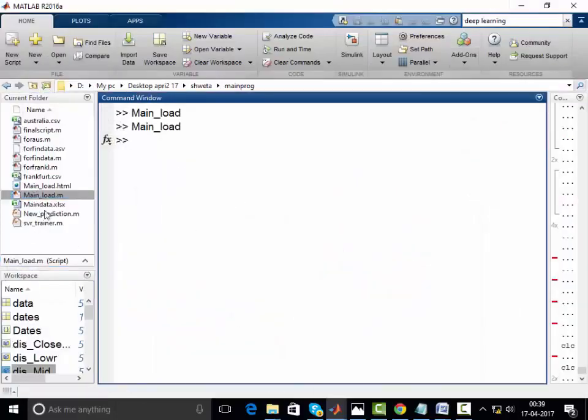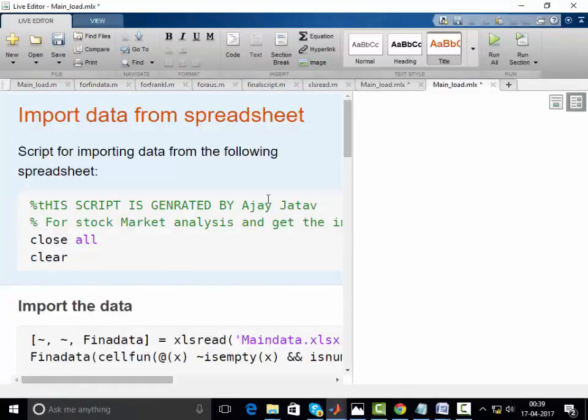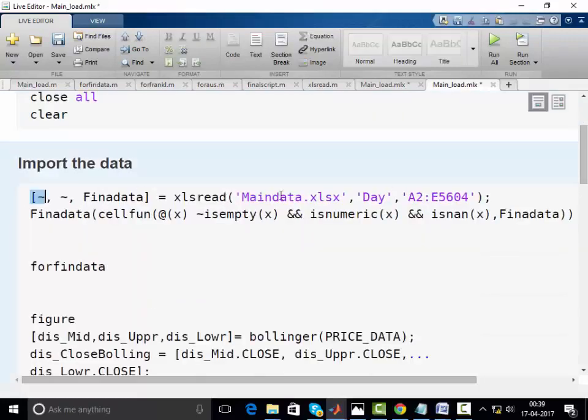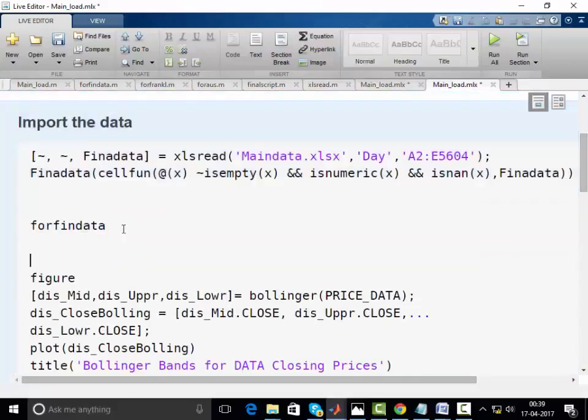Let me open my script. First you need to load the main data. Here I loaded the data along with the date time. Also, with the help of the input data, I created a cell which contains all the data. This is a dedicated function which designs my data according to my needs so I can analyze it. I'm going to run each section separately, so right now I'm going to run this section only.